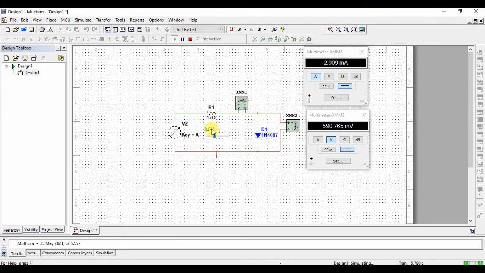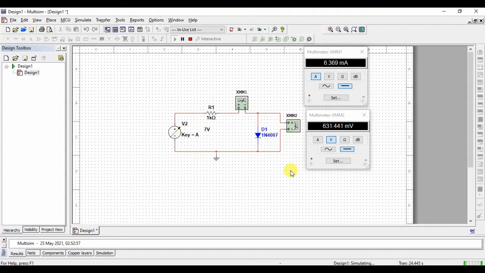Previously, when I applied an input voltage of approximately 1 volt, I got the current in microamps, which is very small. But within just a few volts, like 1 volt to 3 volts, a change of only 2 volts, I am getting the current in milliamps. If you go on increasing the input voltage, we get a similar change in the current and also in the voltage across the diode. So this is how we do the PN junction diode.